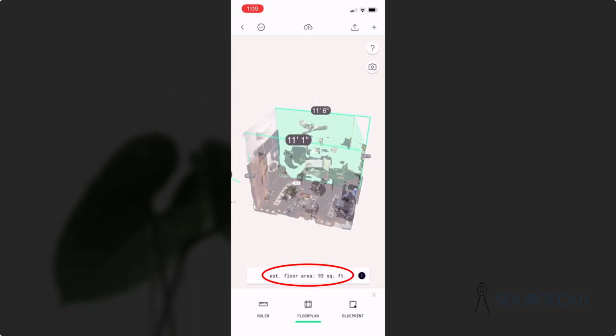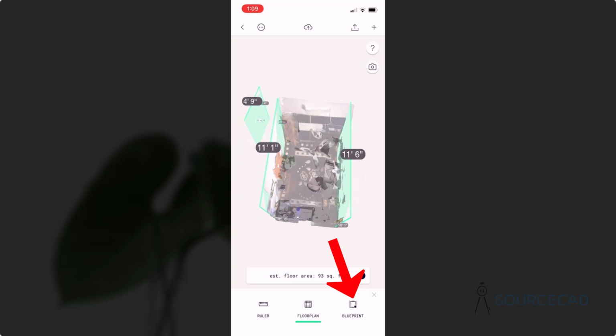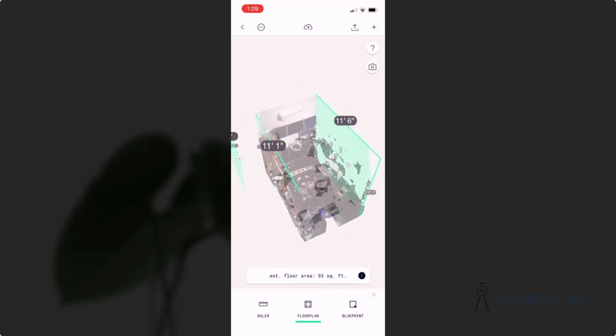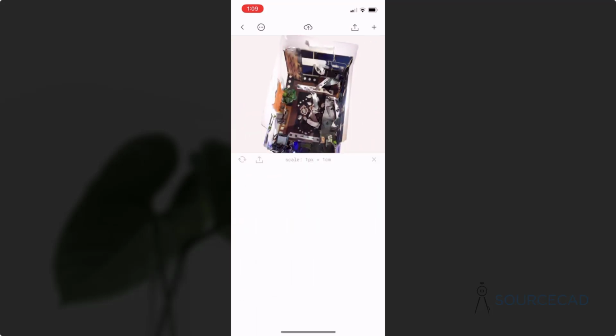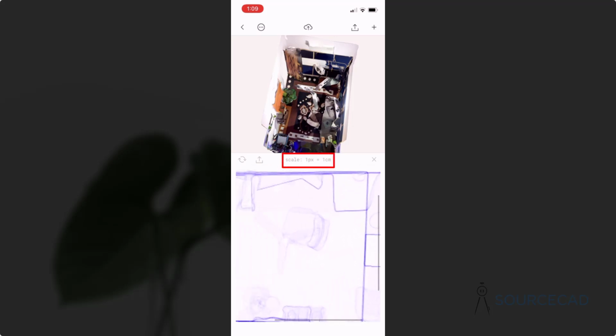Now if you want to export this as a blueprint, then well, here's the option. Select the blueprint option, and this will export the final data like this. Now this is just a simple image, and here you can even measure it. As you can see, the scale is 1 pixel is 1 centimeter,